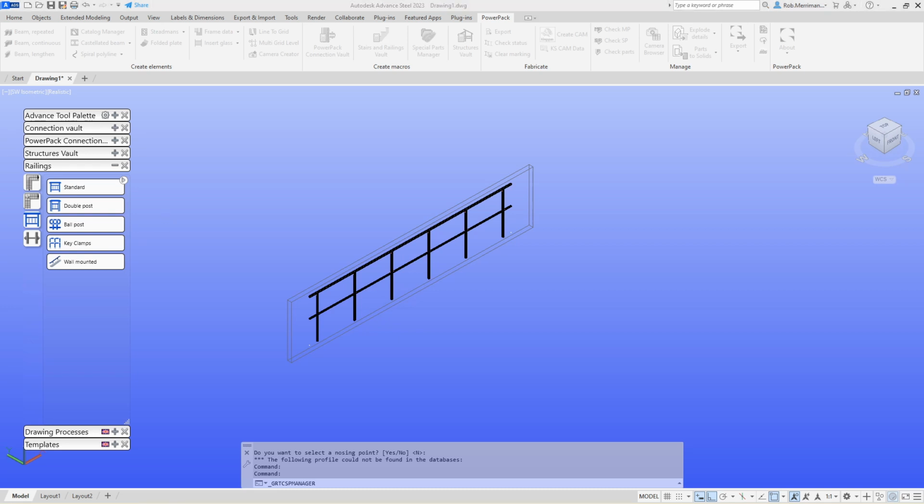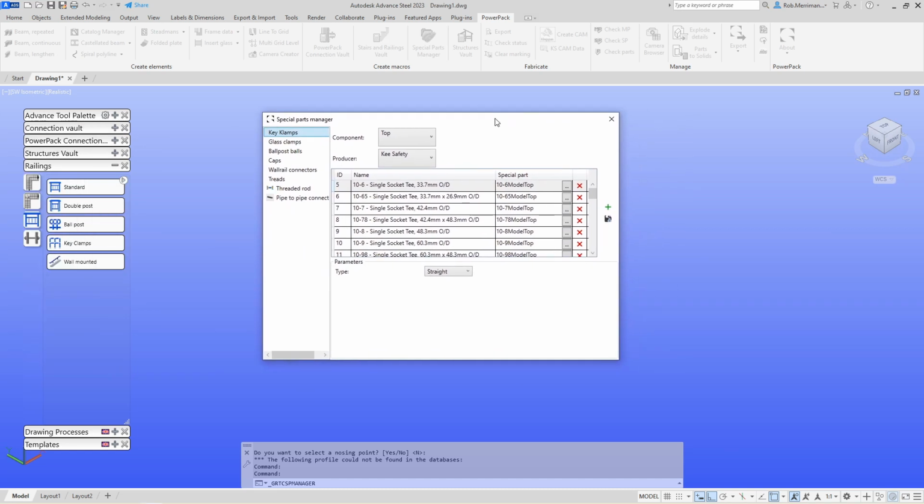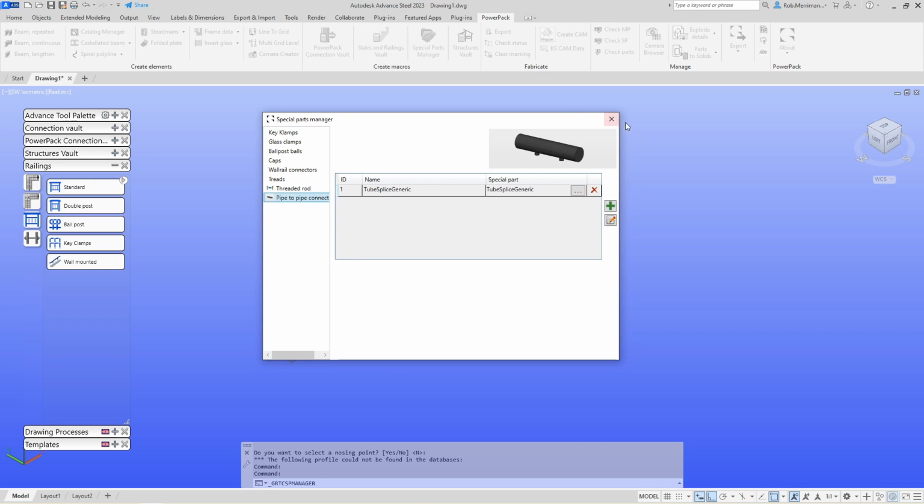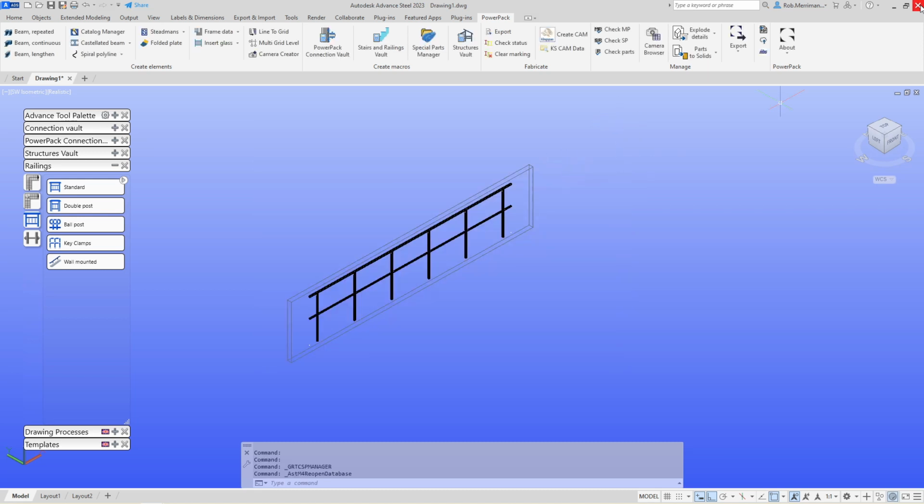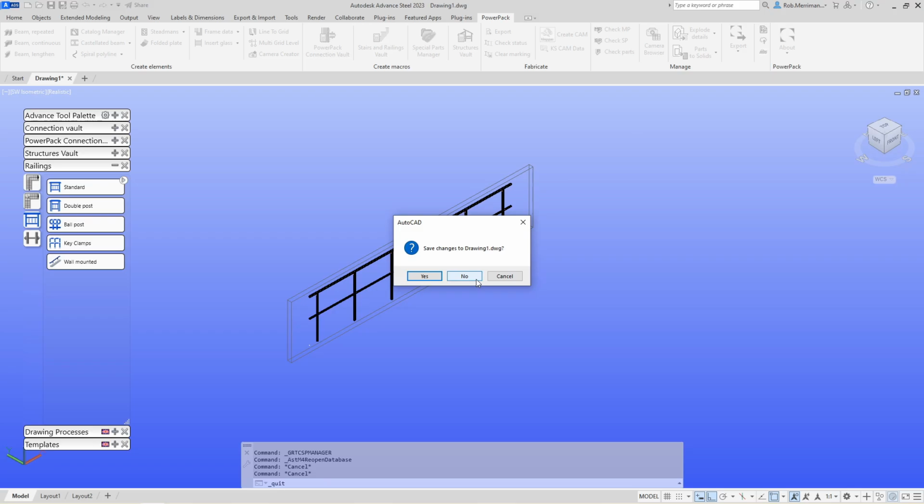If I bring the special part manager over to the screen and we go to the pipe-to-pipe connection, we can see that that is also empty. So what I'm going to do, I'm going to shut down my Advanced Steel and I'm going to